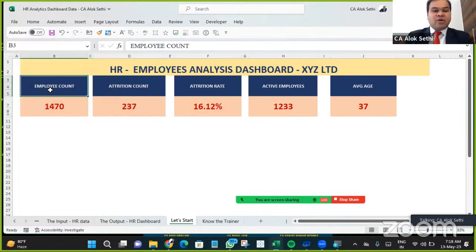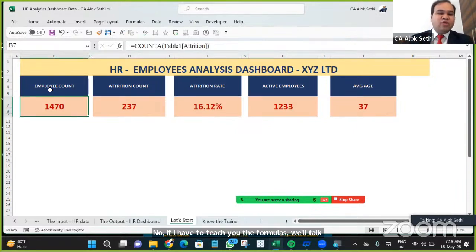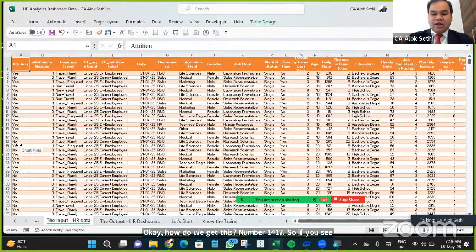तो मुझे पहले ये मैंने लिखा एम्प्लॉय काउंट, फिर मैंने एट्रिशन काउंट लिखा, फिर मैंने एट्रिशन रेट लिखा, देन आई रोट एक्टिव एम्प्लॉयज एंड एवरेज एज। नाउ इफ आई हैव टू टीच यू द फॉर्मुलाज, वी विल टॉक अबाउट दिस आल्सो कि हाउ डू वी गेट दिस नंबर 1470। सो इफ यू सी दिस डेटा,